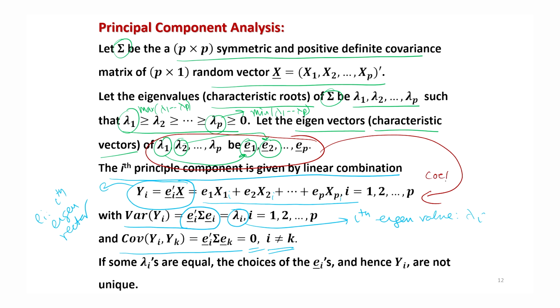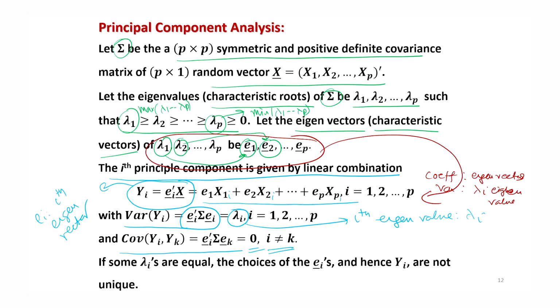The coefficients are determined by the values of the eigenvectors, and the variance of that yi is indicated by the value of the eigenvalue, that is lambda i. So now what you have to do? You simply have to look at lambda 1, lambda 2, lambda p, which are the eigenvalues of the sigma matrix,